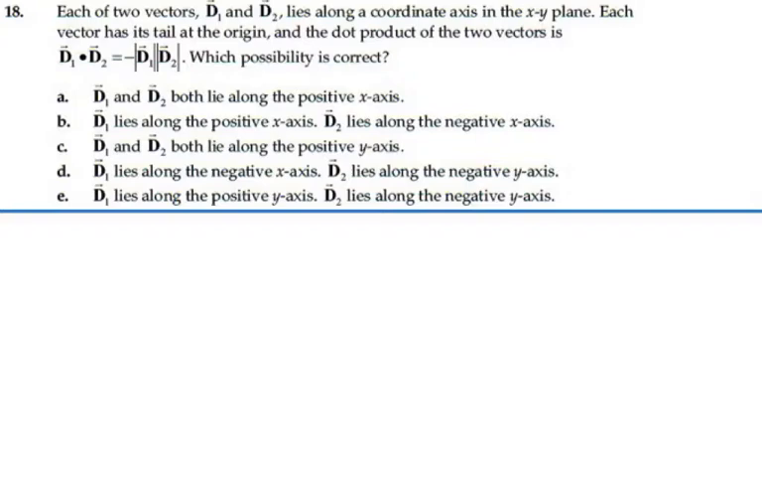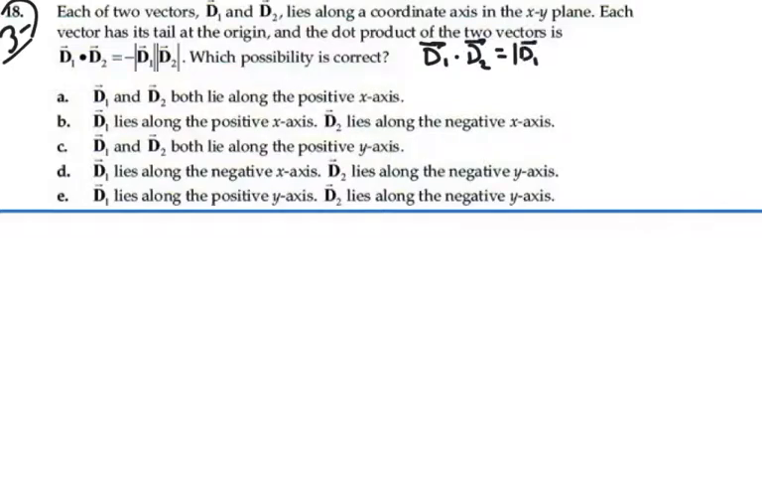Here's problem 318. Each of two vectors d1 and d2 lies along a coordinate axis in the xy plane. Each vector has a tail at the origin, and the dot product of the two vectors, d1 dot d2, is equal to negative magnitude d1 magnitude d2. Which possibility is correct? By definition, the dot product between two vectors like this should be equal to the magnitude